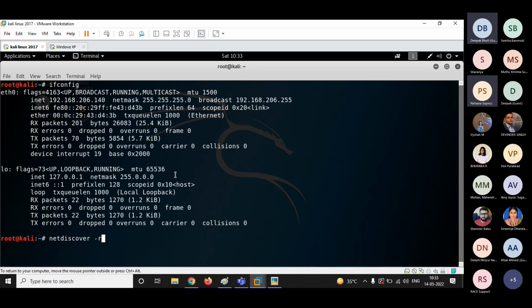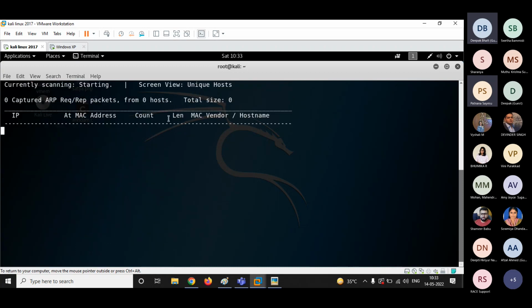So I will type the command 192.168.206.0/24. Why 24? Because it's a class C IP address starting with 192. The CIDR notation for class C is always /24. That's why I have written /24.